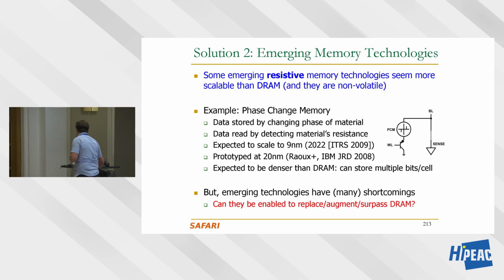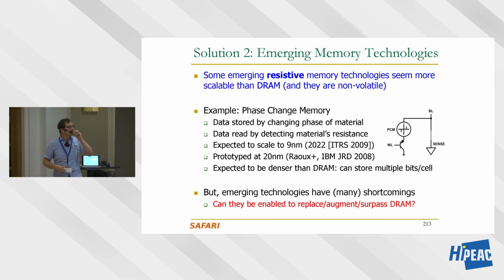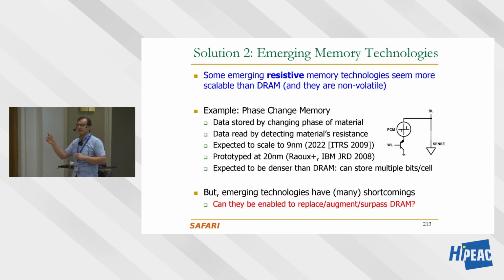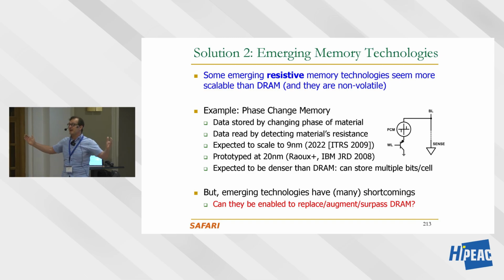And these are non-volatile. I'll pick one of them, phase change memory. This is an area that we have worked a lot on over many decades. And this is a very interesting technology. You store data by changing the phase of some material, it could be chalcogenide oxide, for example, and you read data by detecting the material's resistance. There's no charge involved here, which is good, because charge is very difficult to scale and charge escapes. And these are old numbers, but there's a beautiful paper by IBM in 2008 that talks about this technology. If you're interested, I'd recommend reading that paper. And this is expected to be denser than DRAM because you can also store multiple bits per cell by chopping the resistance range into many different data representations.